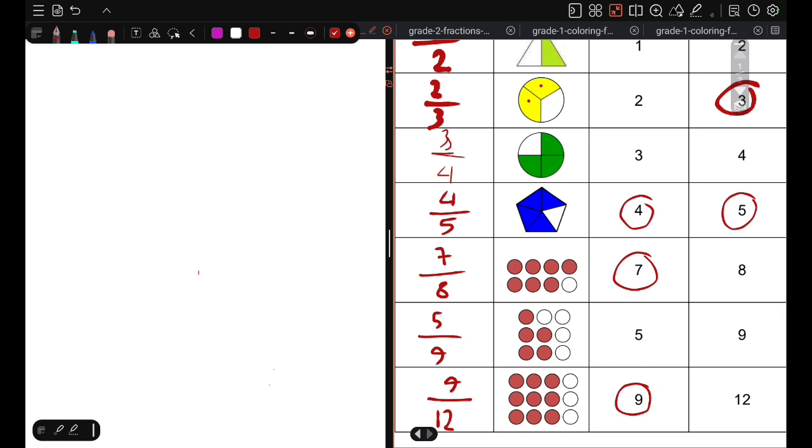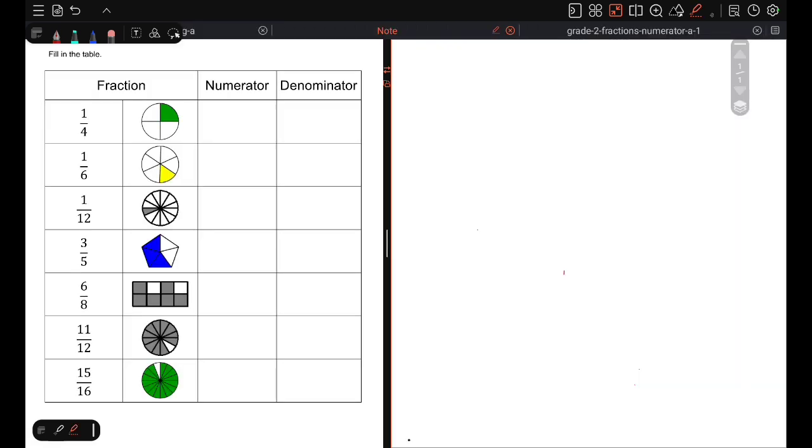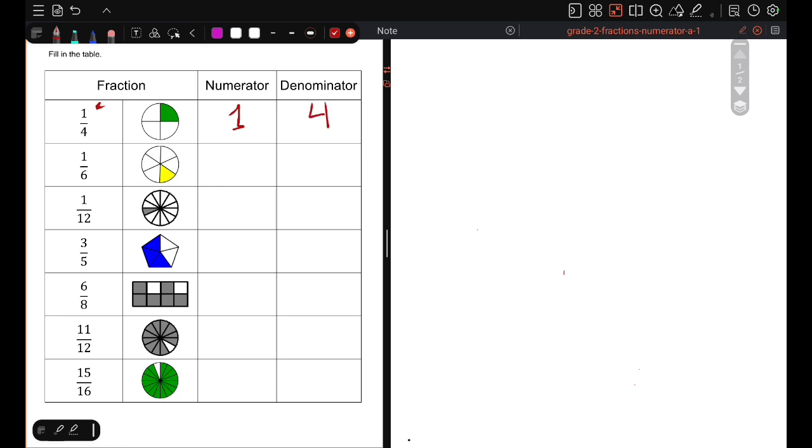Okay, so I will give you an exercise for yourself. In the next example, I want to reverse the operation. I have the fraction and I have the shape, and I want you to write the numerator and the denominator. Okay, so let's look at the first fraction. I have the number up is 1, so the numerator will be 1, and the denominator will be 4, because 1 over 4. And the next one, I have 1 over 6,